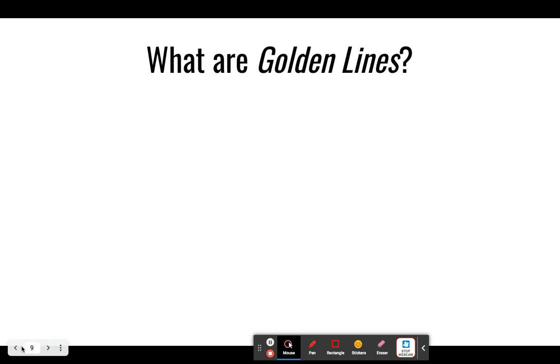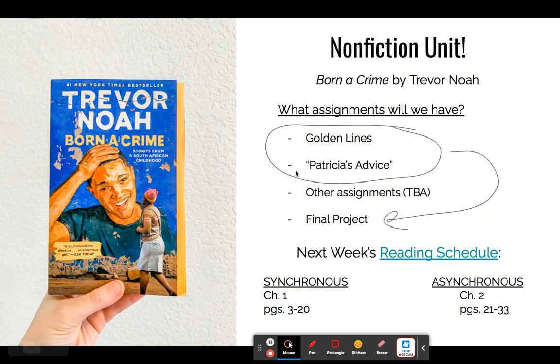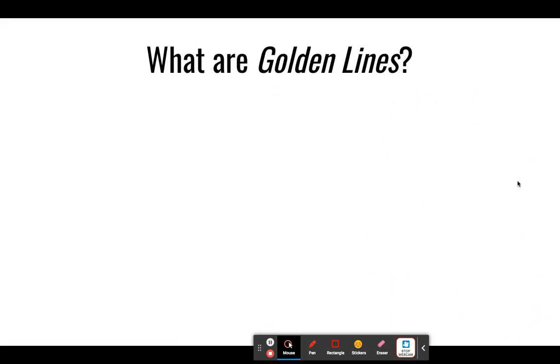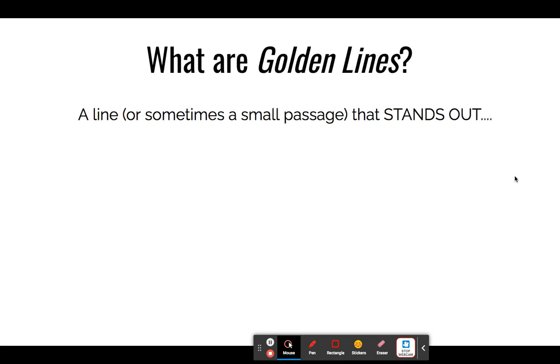Okay, so speaking of golden lines and Patricia's advice, let's look at what those things are. So what are golden lines? I'm not sure if you're familiar with this. Maybe you've heard it in another English class before, maybe you haven't, but this is what a golden line is. It's simply a line or sometimes a very small passage like a paragraph that just stands out to you when